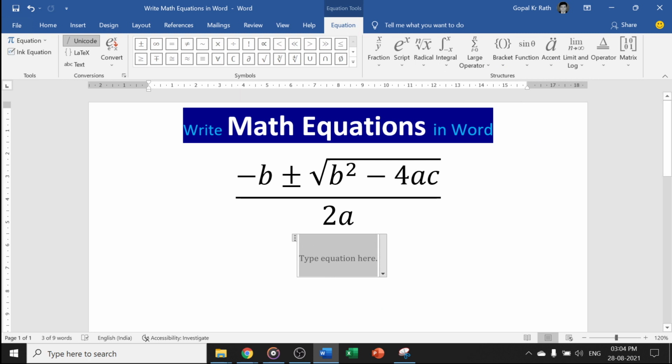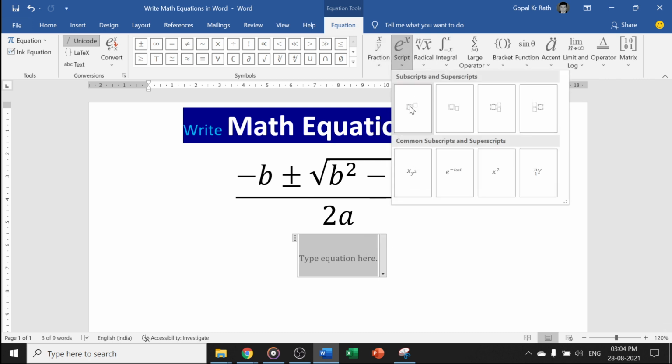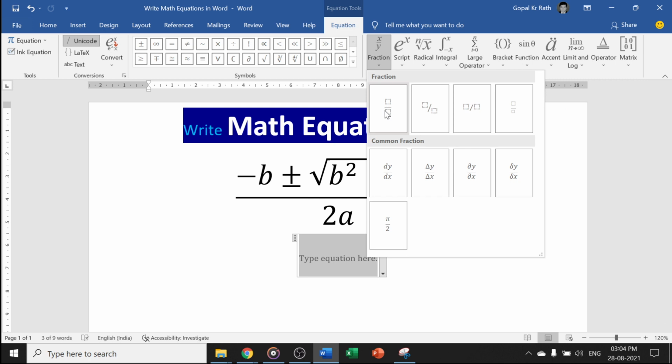Here you will get a dialog box inside which you can write your equation, and also you will get an Equation tab which was activated, which was not there previously. Now if you want to type this kind of equation, first you need to understand what all these are. If you click this arrow, you will get this is a division, this is a slash. These are the types of equations. Now there is superscript, subscript and so on, and this is radical. Now we are going to click on the first option, which is stacked fraction.